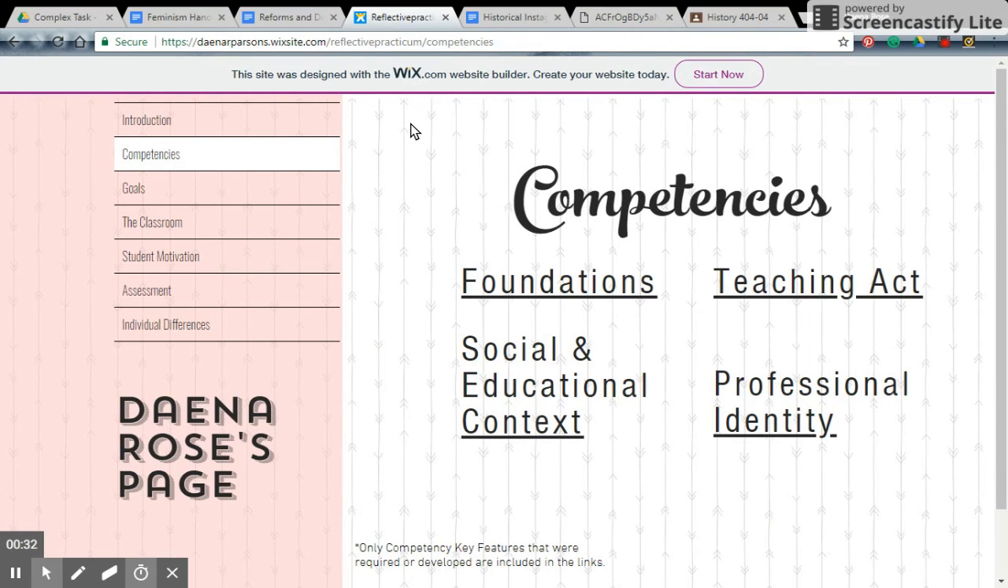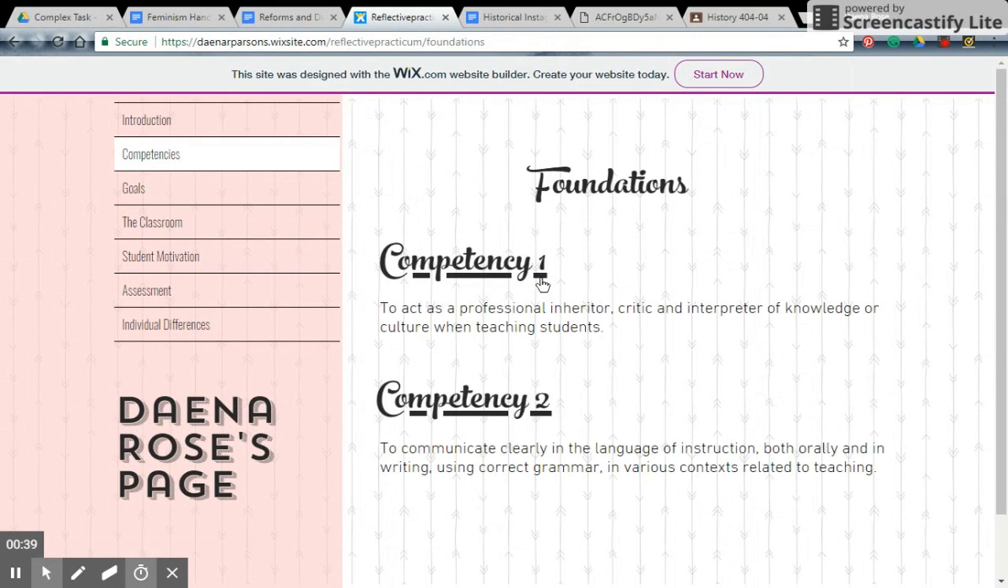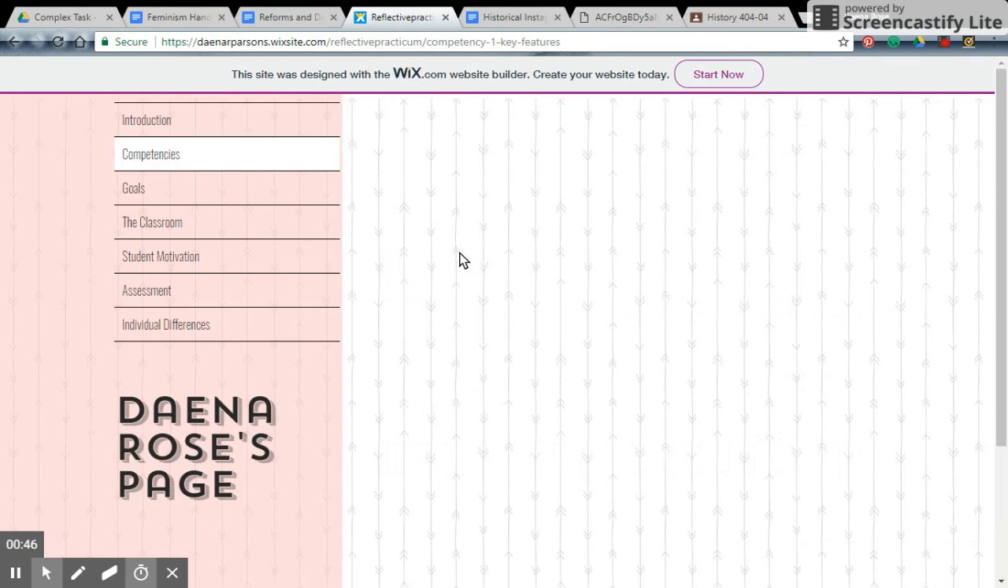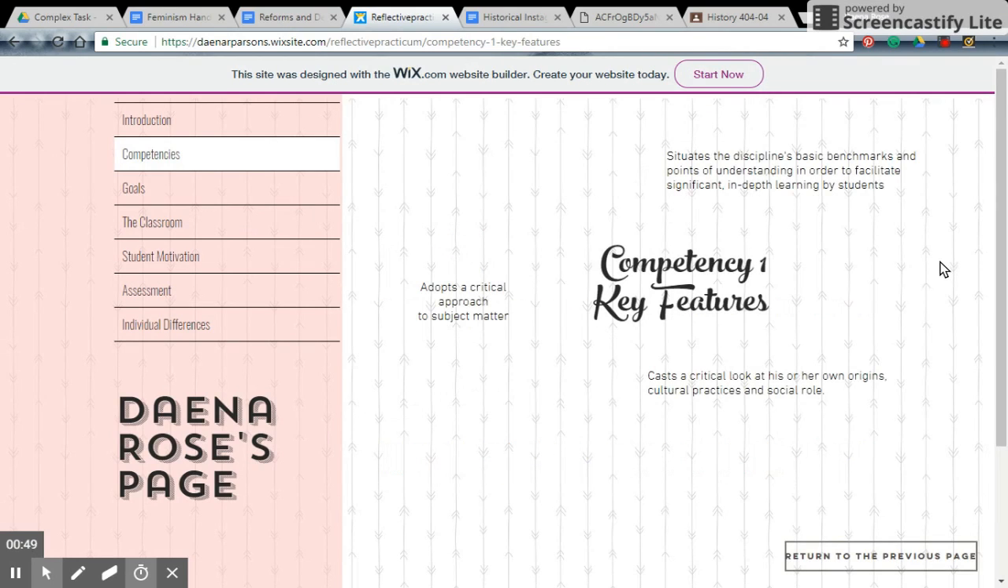ERC secondary 4 context. So we're going to start in the foundations section of the competencies. And we're going to start with competency 1, which is to act as a professional inheritor, critic, and interpreter of knowledge or culture when teaching students. And we're going to look at 3 different key features. So the first one that we're going to look at is the first key feature, which is to situate the